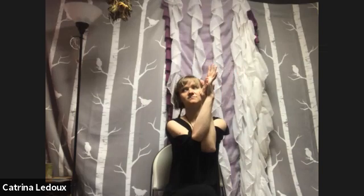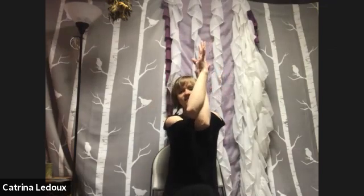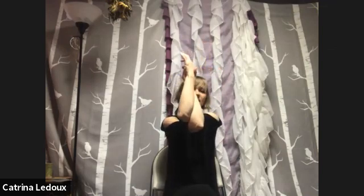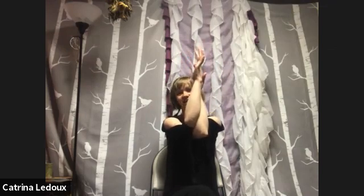A modification for you, if you need it, is to just grab opposite shoulders. Even if you don't need it, this might just feel good. So try it and just see what you like. And then wherever you are, inhale, lift the elbows, keeping the chin neutral, gazing straight ahead. And as you inhale, expand the shoulders, try to send the breath there and feel that stretch intensify, and then